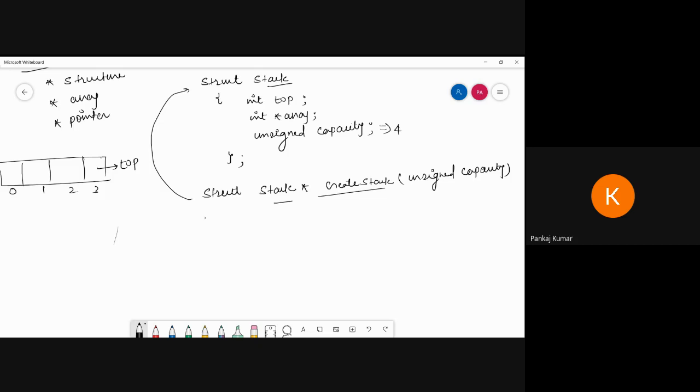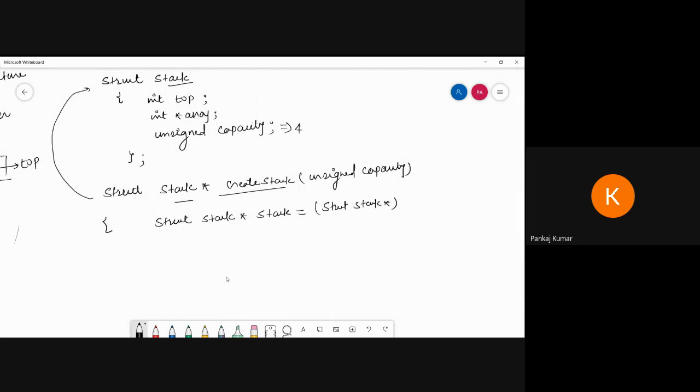Inside that I'm going to write struct, that means the pointer type data. So I'm writing struct, this one pointer, and the pointer name is stack, equal to, then I'm going to write a typecast, struct stack star. This is the typecast.